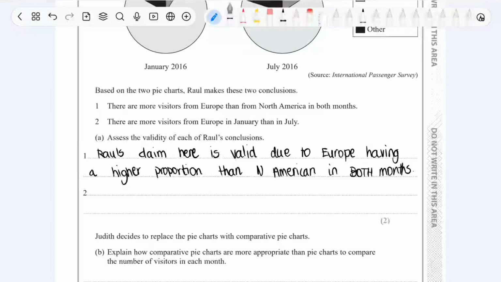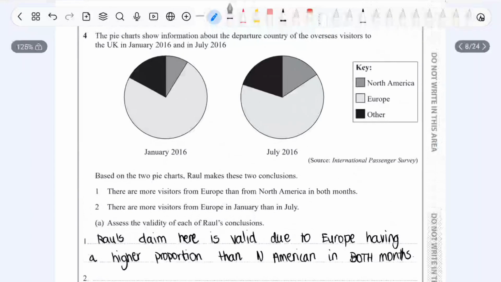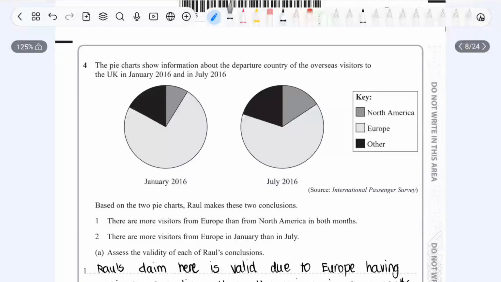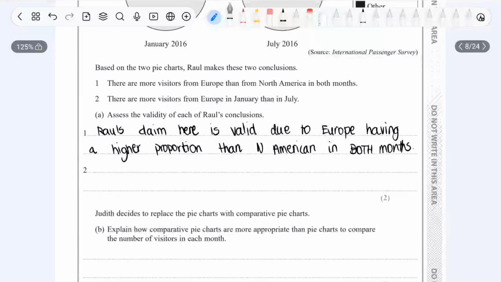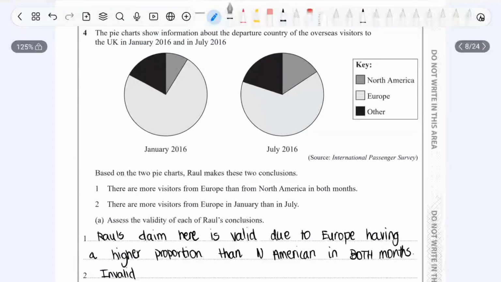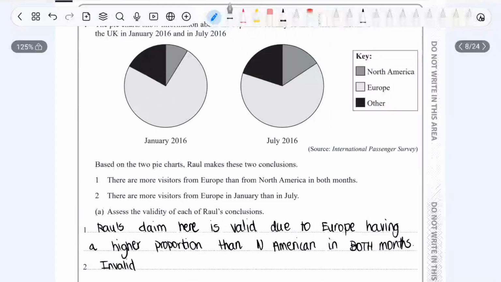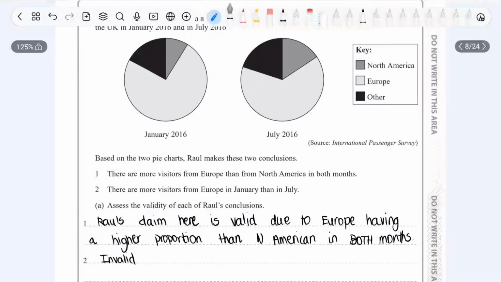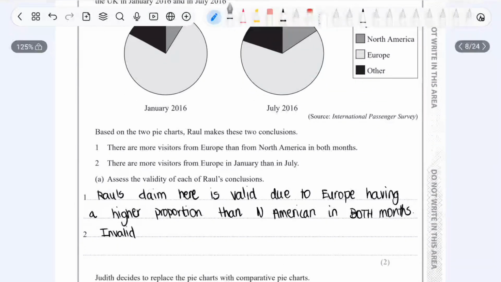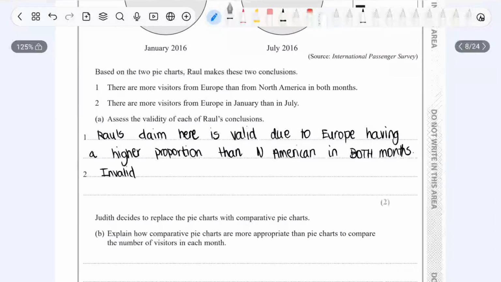For the second one, he says that there are more visitors from Europe in January than in July. Well, look, there's no numbers given to us. We're just given the dates and nothing else. So it's actually impossible to say. So to be safe, you're meant to say that it's invalid because, well, the size here, they're not comparative pie charts, which ironically the next part is about. However, you can't assume that here, and so therefore we don't know if there were actually more in January than in July. So we'd put invalid, and then literally the answer that I gave is that they show